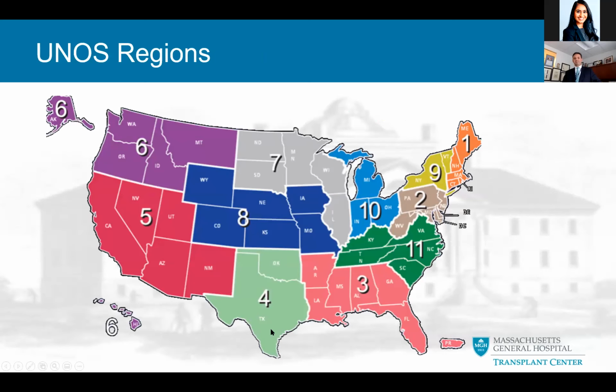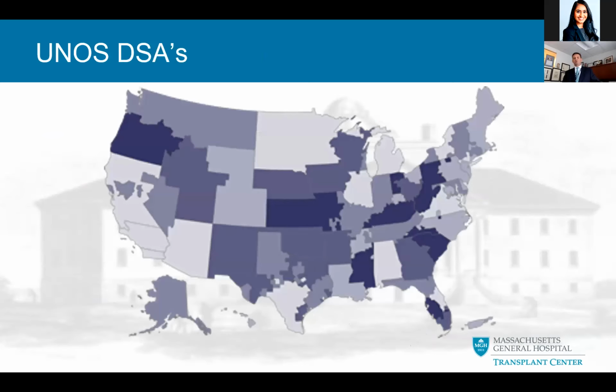The OPTN, to facilitate the allocation of organs and a lot of their work, divides the country into 11 regions, as you see here. Every region is a few states adjacent to each other and working closely. And each region is further divided into what's called the donor service area, or DSA. Each donor service area is managed by an OPO, or organ procurement organization, commonly known as organ banks. And each organ bank will get the organs coming from every hospital within its DSA, and they allocate these organs after.